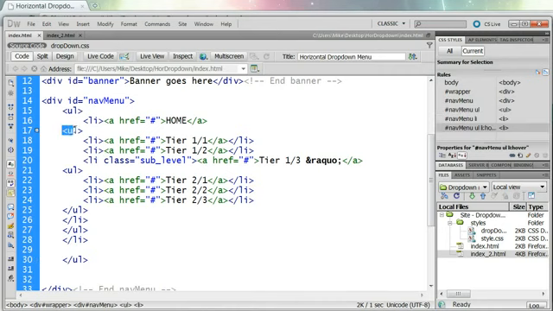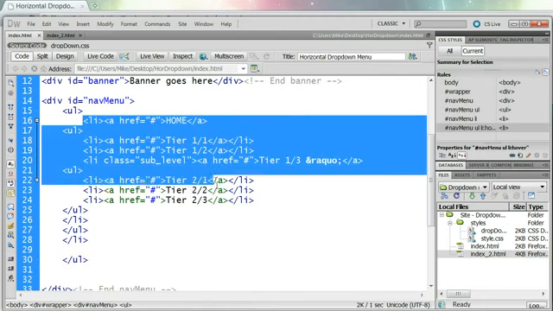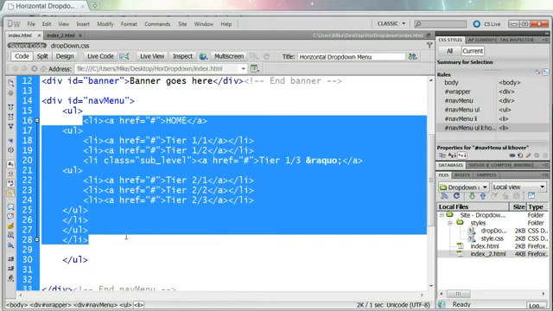This is the second unordered list inside of the first, and this is the third unordered list inside of the second. This is the closing unordered list for here, and this is the closing unordered list for here. So we want to keep these, we only want one set of those tags, and we copy everything else,